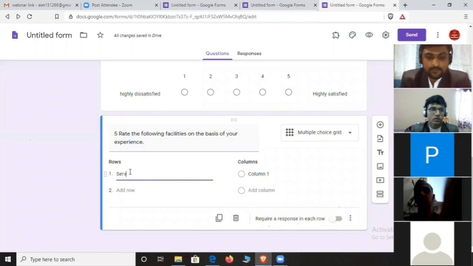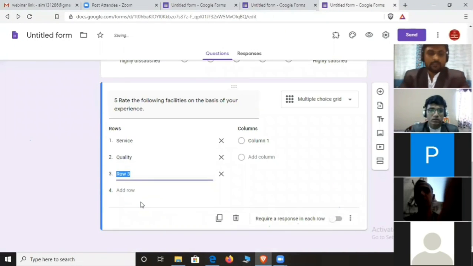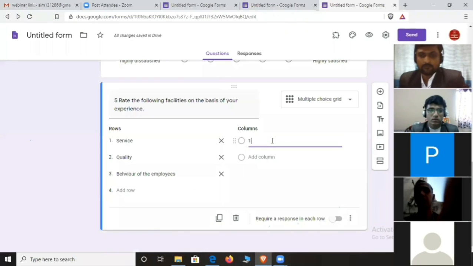So experience about the service, then add another row, experience about the quality of the product, then add a third, experience regarding the behavior of the employee, and so on. And here we'll write our option number 1, highly dissatisfied.